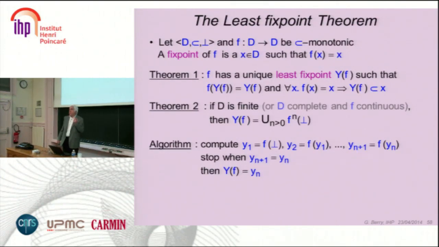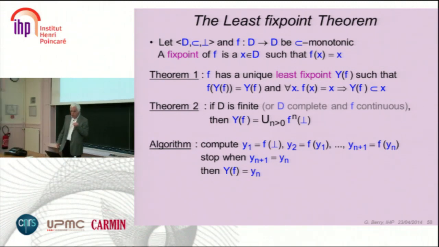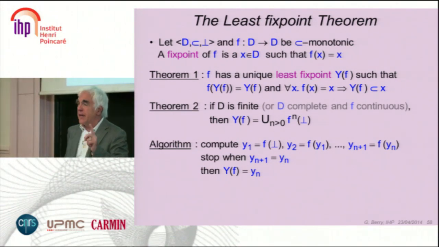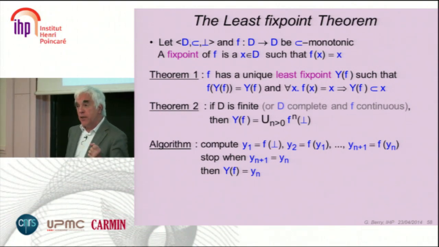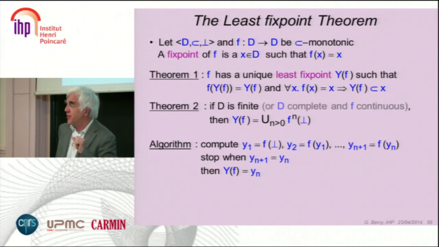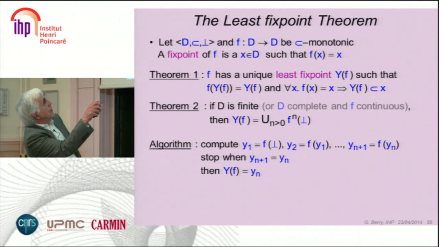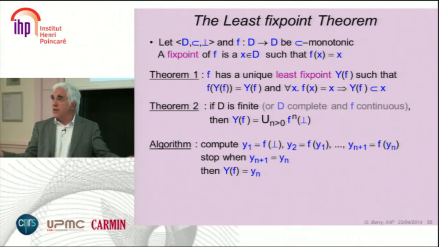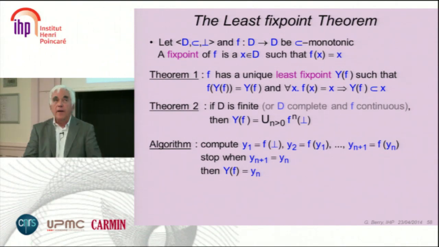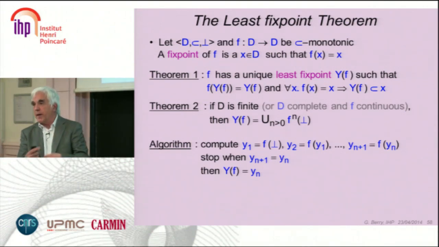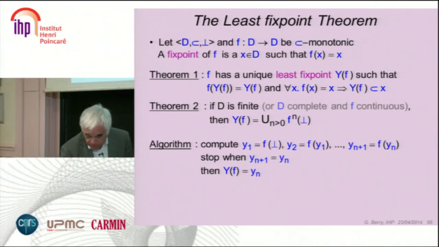But the good point, of course, is that with this theory, we have a least fixed point theorem. Actually, it's not good news because some people use it. For example, Edward Lee in Ptolemy does calculation with this, which is a nice way to transform linear time calculation into a square time calculation. So it's not very efficient, but we will make it efficient later. That is, you can encode everything with a Boolean function, say that your circuit is a big Boolean function, and then compute the fixed point of this Boolean function, and you will do exactly the same as if you propagate values using the constructive Boolean logic.